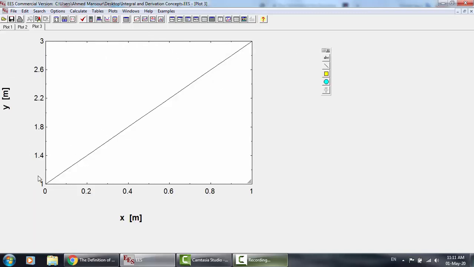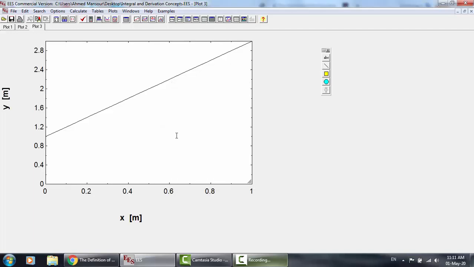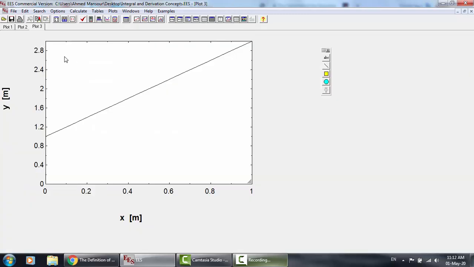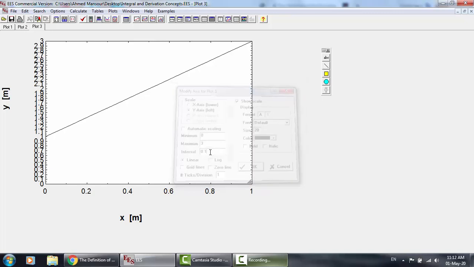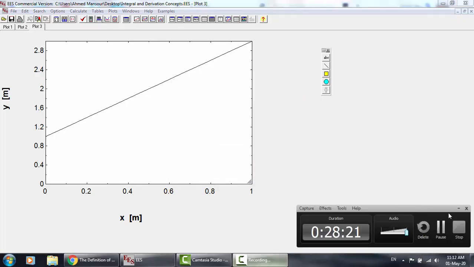Well, as you can see here, it must be 0. So here is 0, and here is 2 3. Okay, this is 2 3. I know, to make it find that like that. Okay,